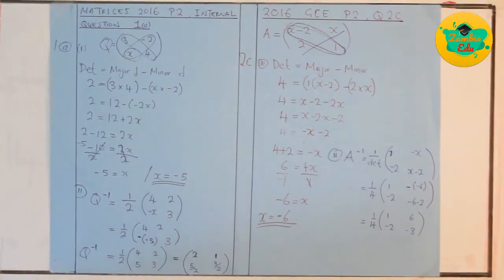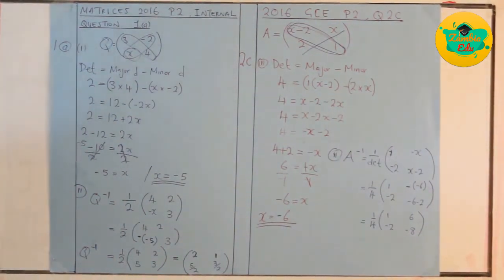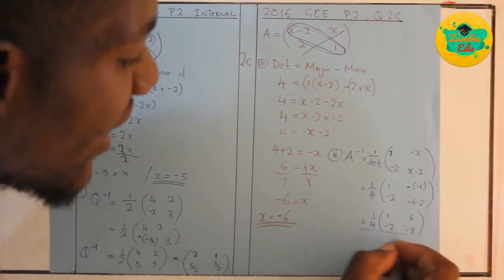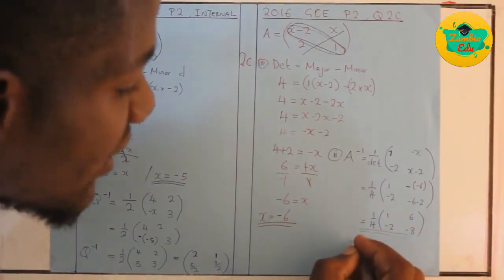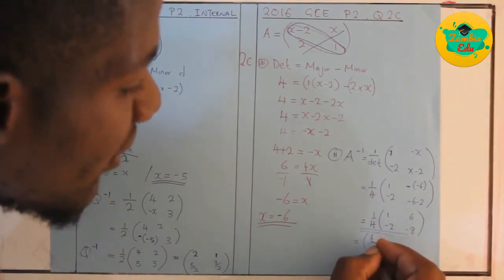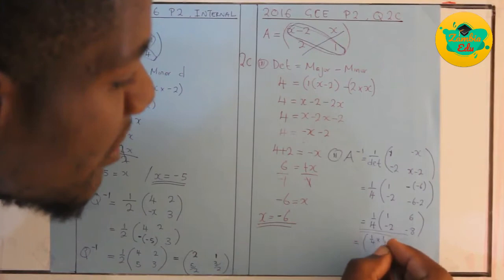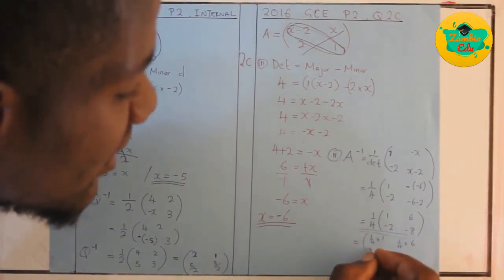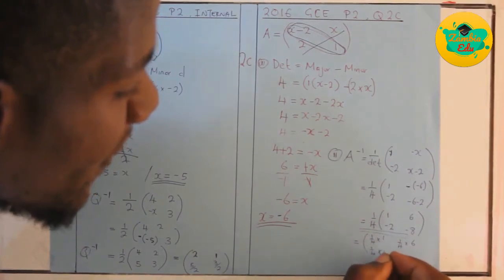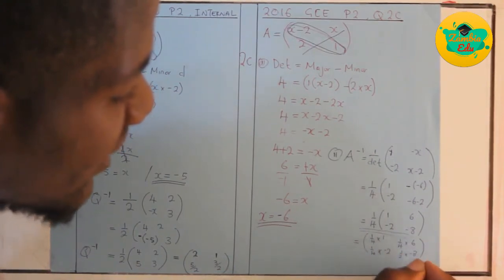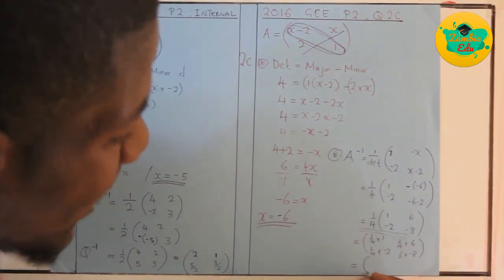If you do that, you are able to acquire some marks there. However, you can still take it to the very end. You take it to the very end, so you can either end there, or maybe we take it to the very end. You can do open bracket, 1 over 4 times 1, 1 over 4 times 6, 1 over 4 times negative 2, and 1 over 4 times negative 8, making the final answer